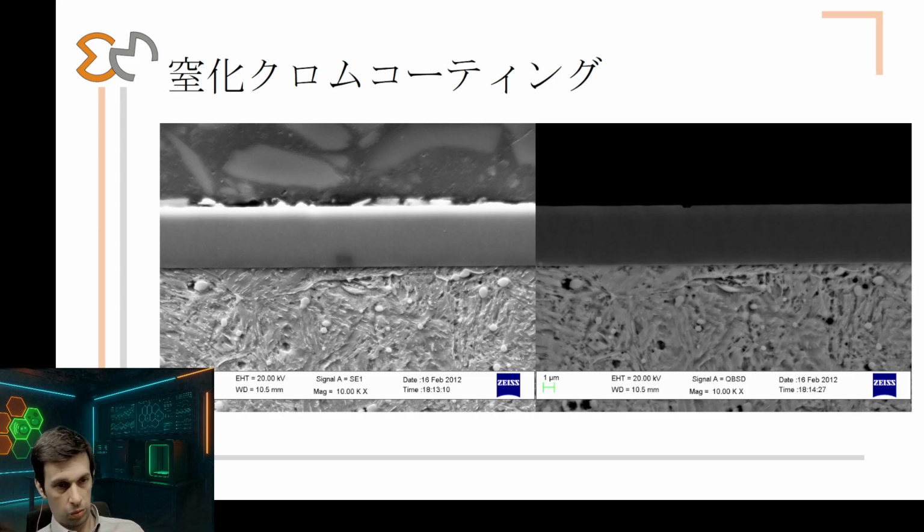On the right, the image looks more flat. This is because the left image is a secondary electron image, and the detector is capturing only electrons that go in the direction of the detector, so it gives you a three-dimensional image as an output. The right is flat because it uses a backscattered electron detector,